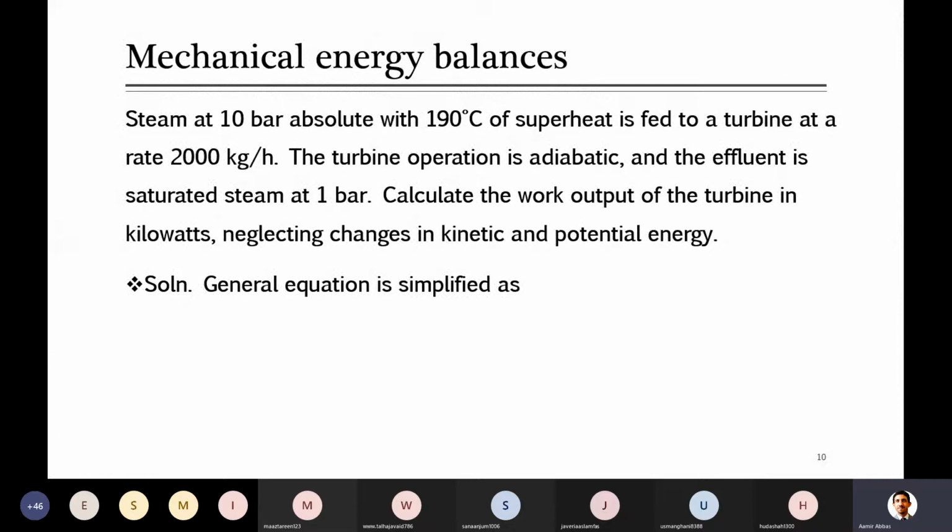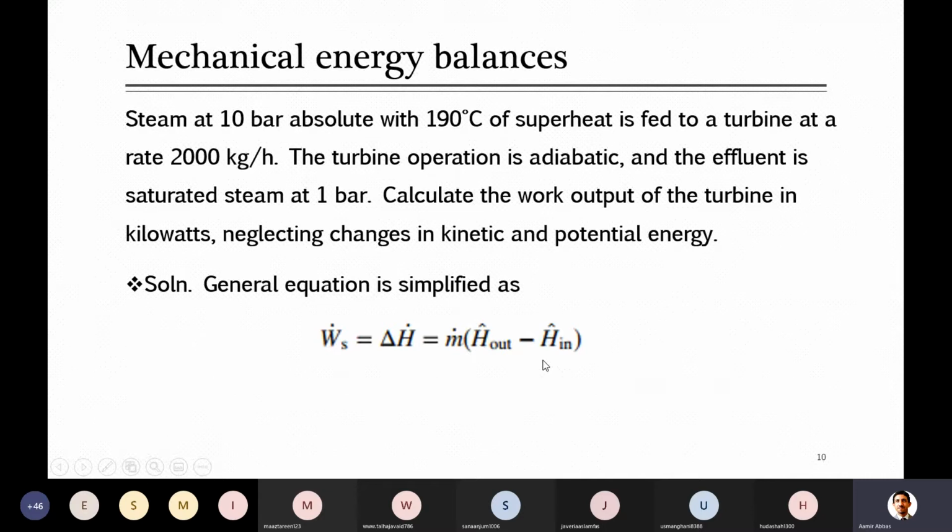So the equation that is left over is simply shaft work equal to change in enthalpy, and he broke it out in terms of mass flow rate and enthalpy of output stream minus input stream. You know that this is H dot output minus H dot input, and H dot is equal to m dot, the mass flow rate, multiplied by specific enthalpy. So he wrote this equation.